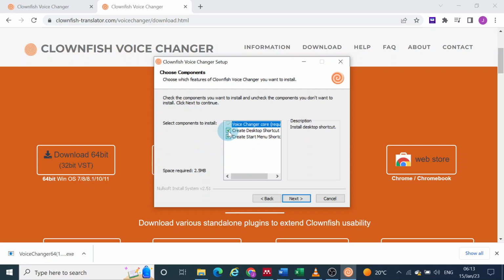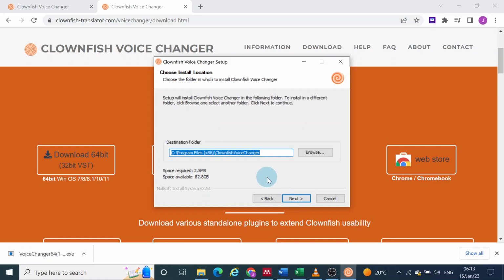Okay, so I'll just uncheck the desktop shortcut and leave it at the start menu. So I'll click on the next button. Okay, so here you can search and choose the folder where you want it to be installed. That is the destination folder. Okay, so I'll go ahead to the next